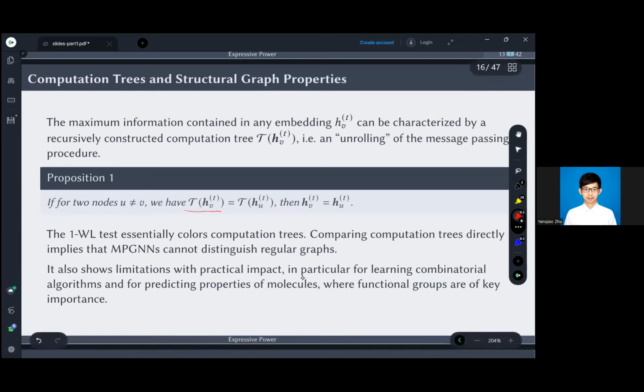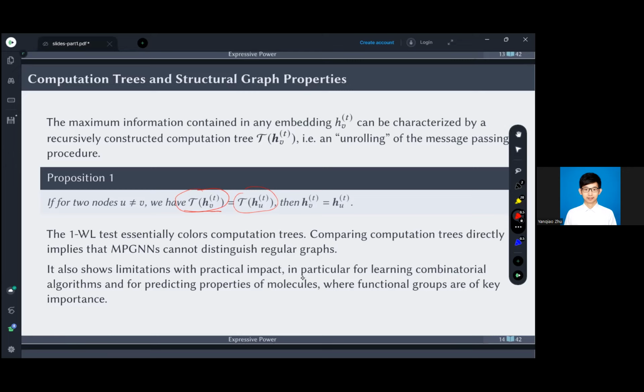For two nodes U and V that are not equal to each other but have identical computation trees, we conclude that their embeddings will be the same. So again, the one-dimensional Weisfeiler-Lehman test essentially colors the computational tree, and comparing computational trees directly implies that a graph neural network model cannot distinguish regular graphs, as the example shown earlier. And this analogy from the one-dimensional Weisfeiler-Lehman test to graph neural network models